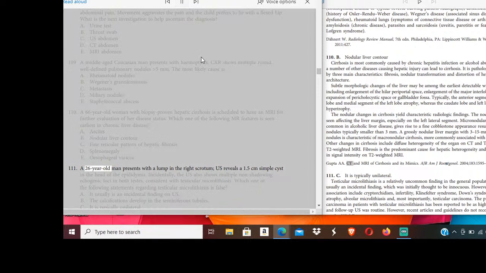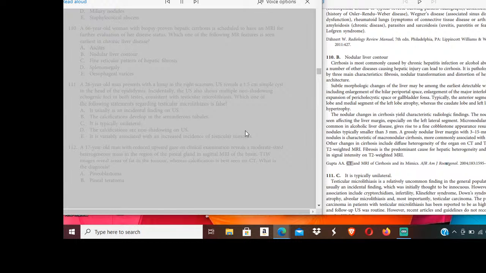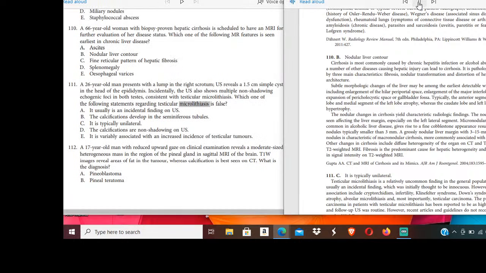111. A 26-year-old man presents with a lump in the right scrotum. US reveals a 1.5 cm simple cyst in the head of the epididymis. Incidentally, the US also shows multiple non-shadowing echogenic foci in both testes, consistent with testicular microlithiasis. Which one of the following statements regarding testicular microlithiasis